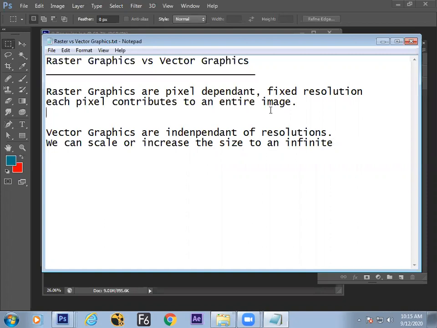But in raster, if we scale the raster images, the details will blur.